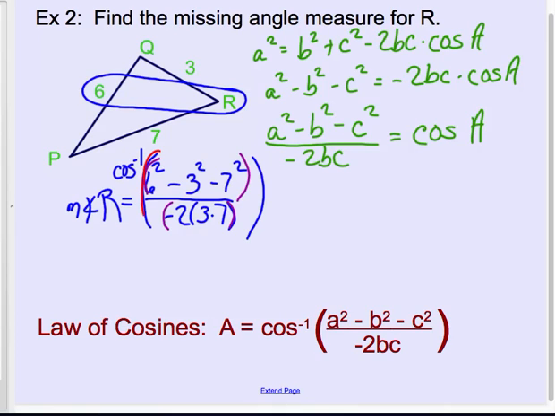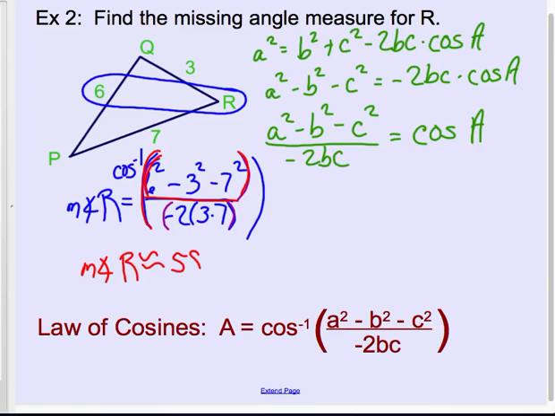So we've got cosine inverse of, and unless your calculator automatically pops up with the parentheses, mine doesn't, so I needed to actually type in two parentheses, one for the big grouping, and then the second one for just the numerator. So I got 6 squared minus 9 minus 49. And then I ended this parenthesis before I hit my division, divided by negative 42. And I got the measure of angle R